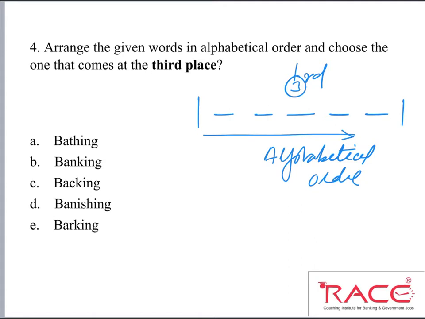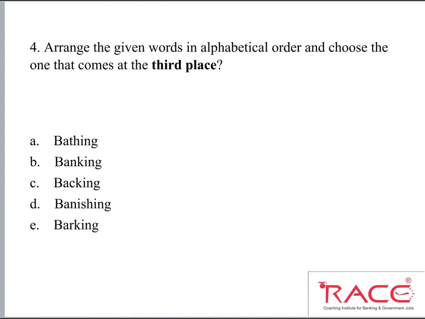So very easy. First thing what we need to do? We have to utilize that concept of place value. This we have done in our school time or in our day-to-day life, like in a dictionary, an English dictionary. All the letters or all the words are arranged in alphabetical order. In the same way, we have to arrange these 5 words, and after arranging them we have to find out which word will come at third place. So how to do that?